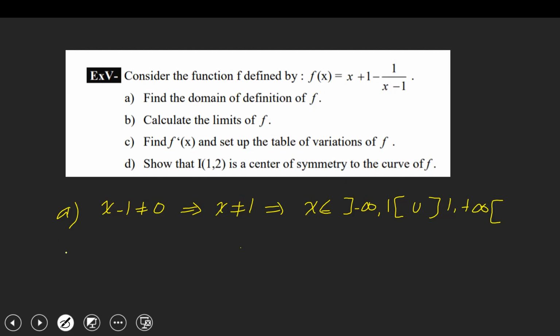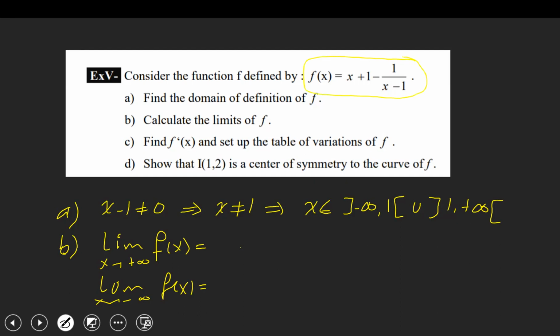Now calculate the limits. We calculate the limits at the open boundaries of the domain of definition. We have limit as x tends to plus infinity. We have also limit as x tends to minus infinity. These limits are simple. In fact, if you replace infinity directly, you can take common denominator first if you want, and then take the highest exponent. Or simply you can replace, you get plus infinity plus 1 minus number over infinity, which you know number over infinity is